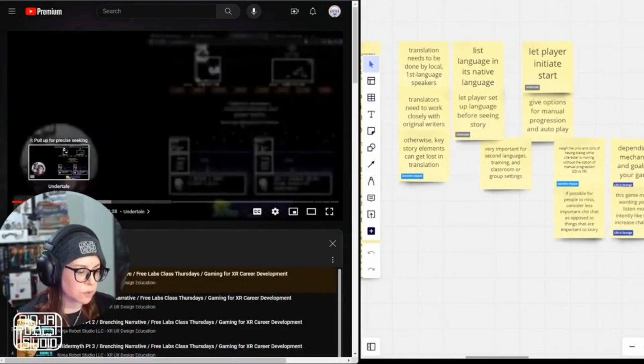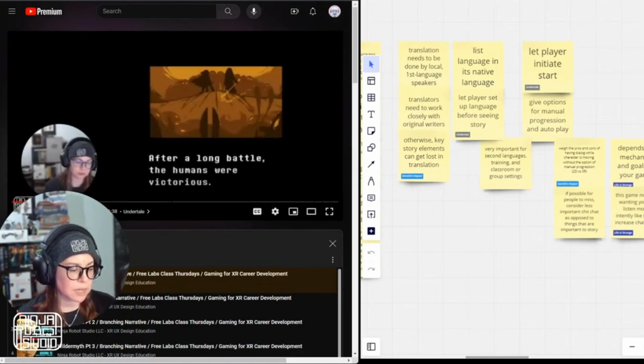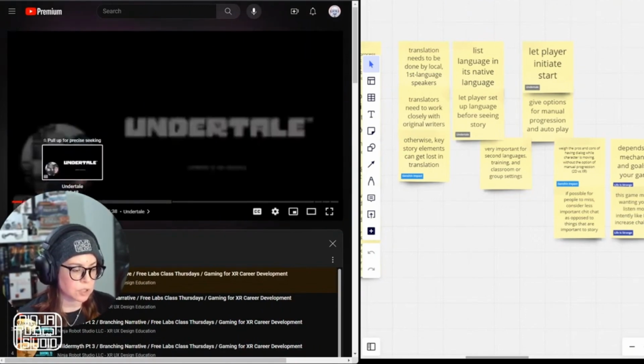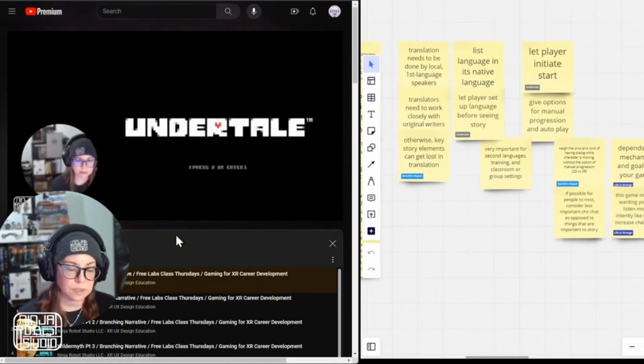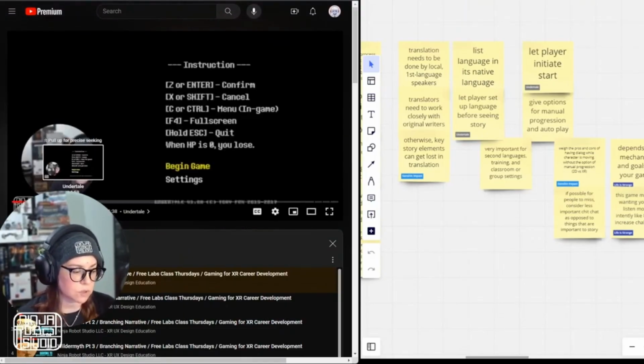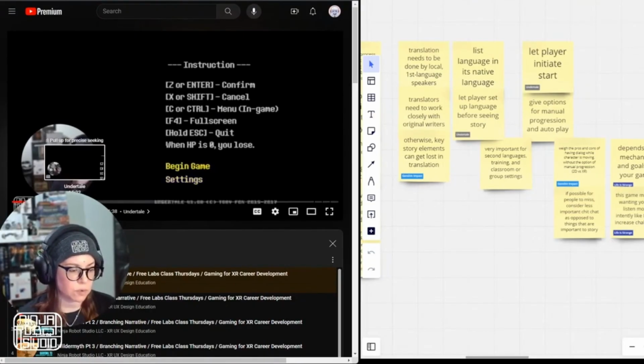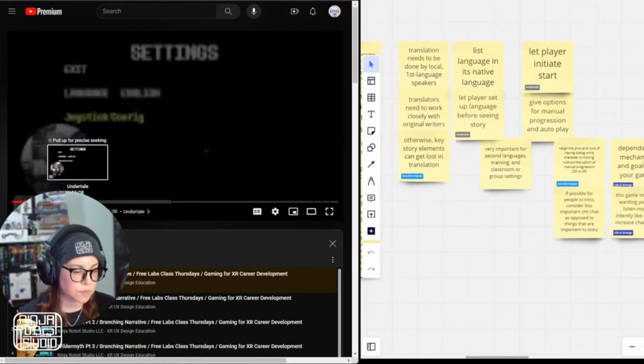Here they played the backstory before you even got to the settings. So here they're playing the backstory. There are no options to change settings that are apparent, at least. You could have pressed enter or something to make the story stop. But then how do you go back and replay the story? You have to wait for it to sit there for a while and then it'll autoplay it, at least from what I could tell.